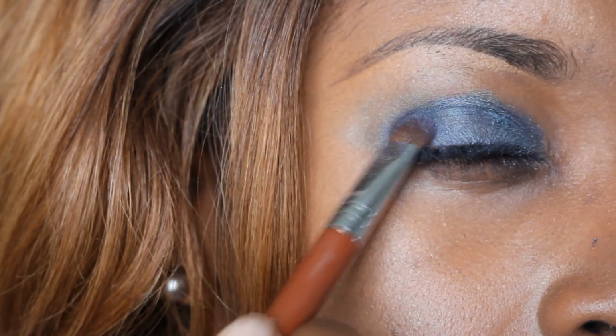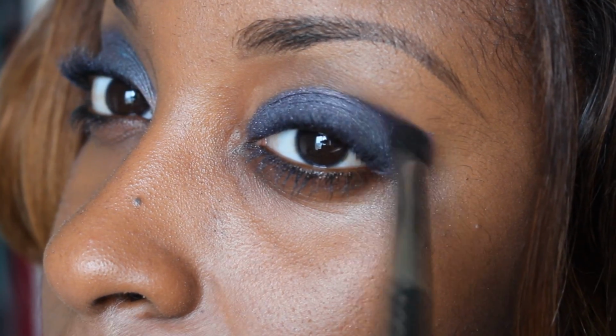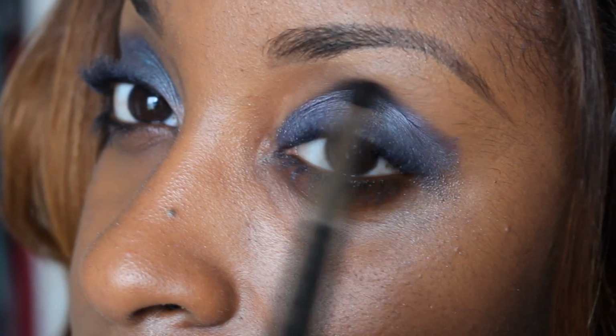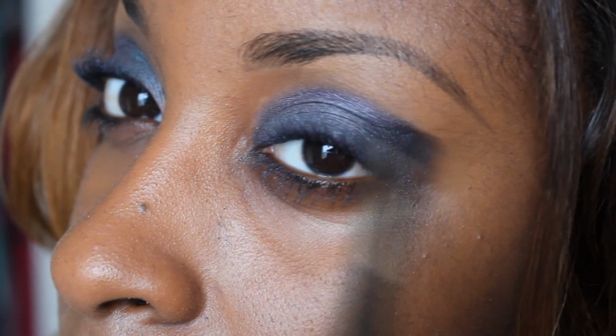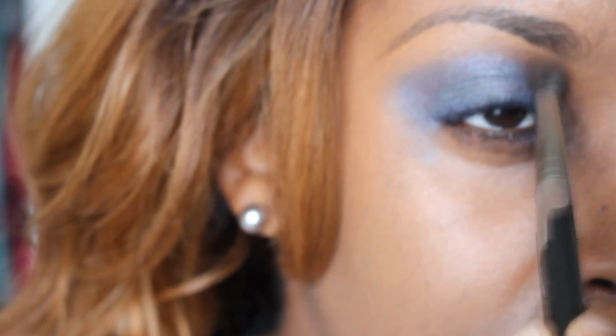And I'm really concentrating it on the outer corners of my eyes. I'm using a 226 brush from MAC, and just in the outer corners I'm really smoking out and blending that color. Also extending it all the way back there. And then that's where your larger fluffy brush comes in, and you just kind of smoke it out, blend away